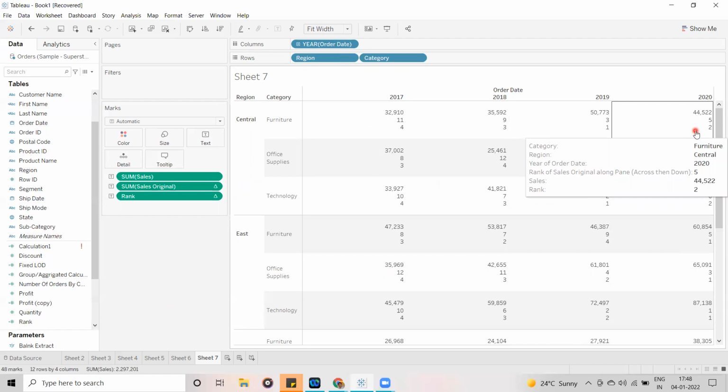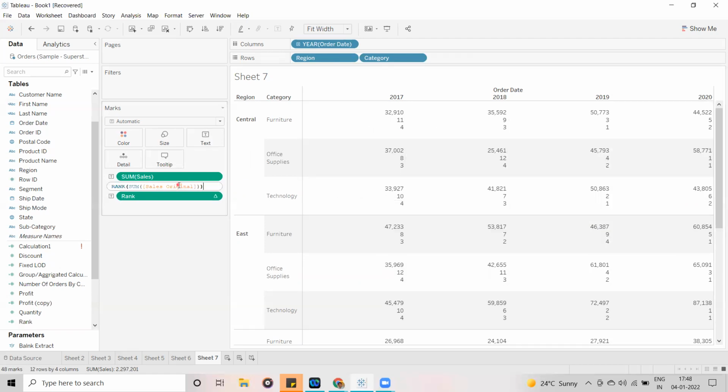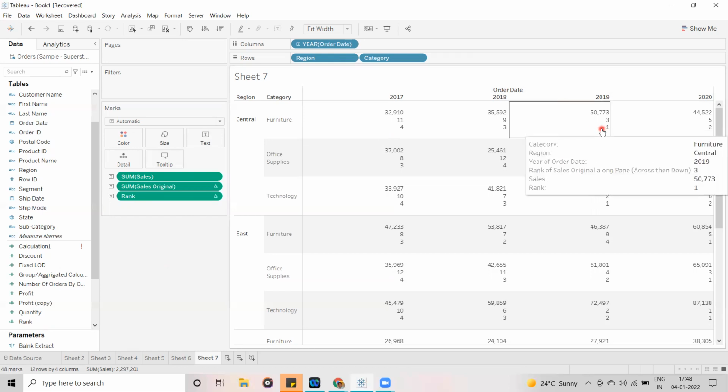By default, guys, whenever you edit this calculation and the order is not mentioned, it automatically gives rank 1 for the maximum value and the last rank for the minimum value. That's the default functionality: it automatically assigns rank 1 for the maximum value.